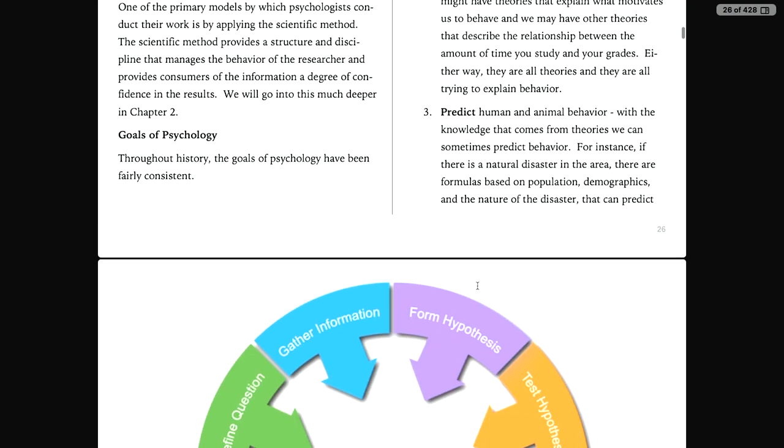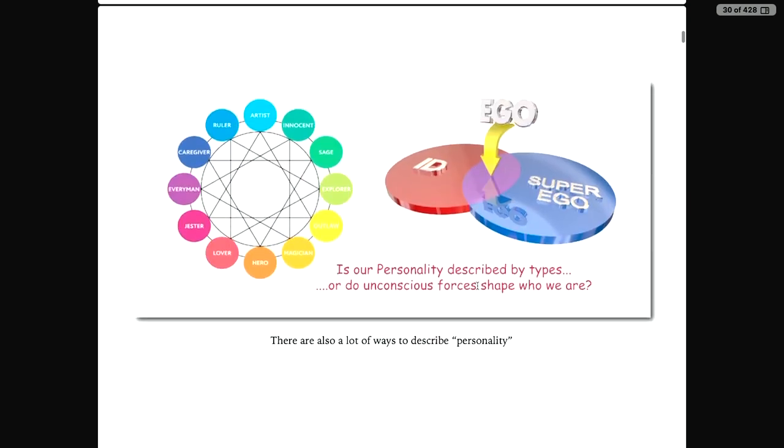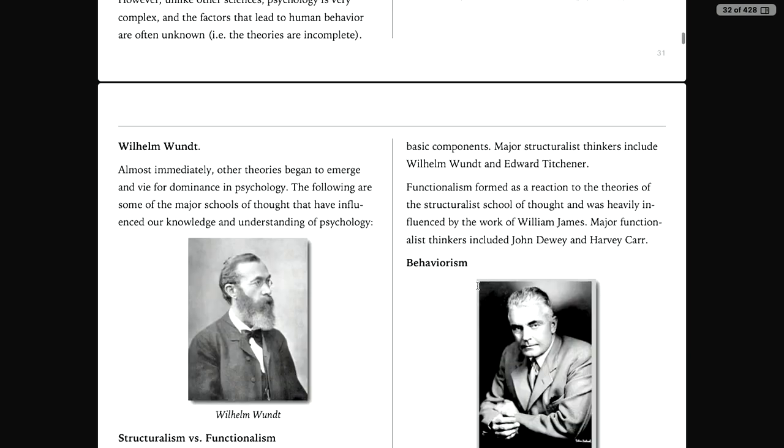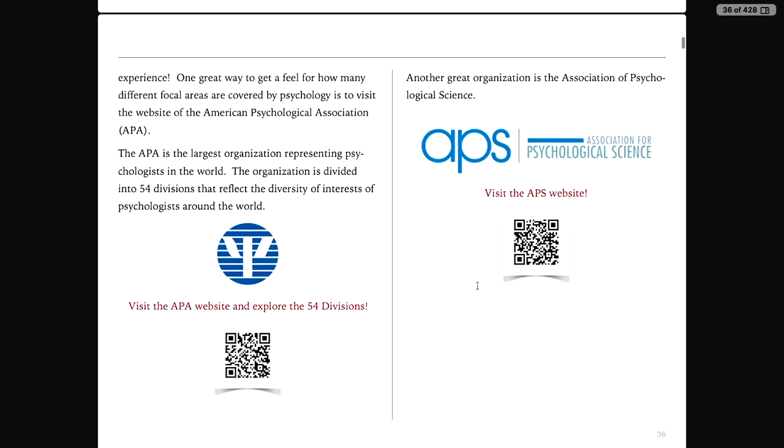And of course, you're going to see some repetition here from what you saw in the other textbook, but different. This is my perspective on these things, and I contextualize them into my approach here.